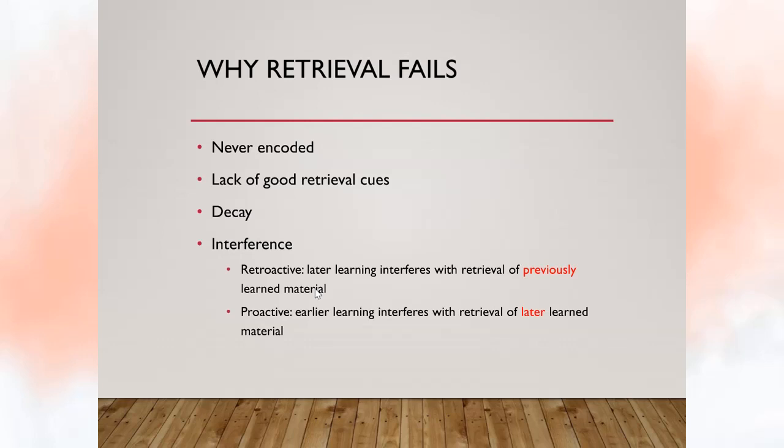So this is a real-world example, and I'm going to give you another real-world example in just a second after I talk about proactive interference. But if you go to a bank, or you're filling out a job application, and someone asks for your previous address, or your previous employer, your current address or current employer interferes with your ability to remember your previous address or employer.